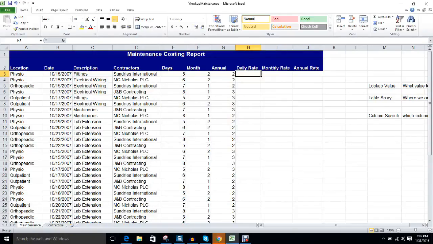This is a demonstration of how to use a VLOOKUP in Excel. VLOOKUP, which stands for vertical lookup, is used to refer to data from multiple tables. In this case, we have a table for a maintenance costing report, where we have different contractors, and then we have a daily rate, monthly rate, as well as an annual